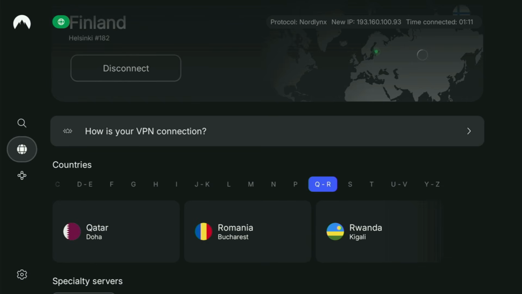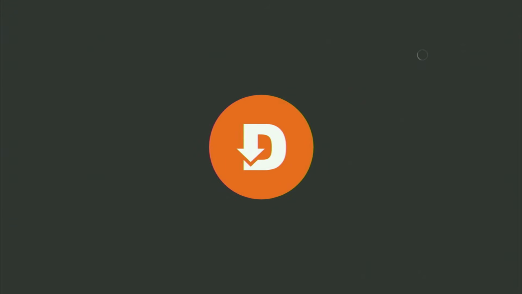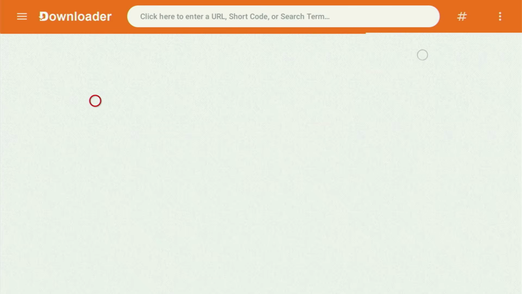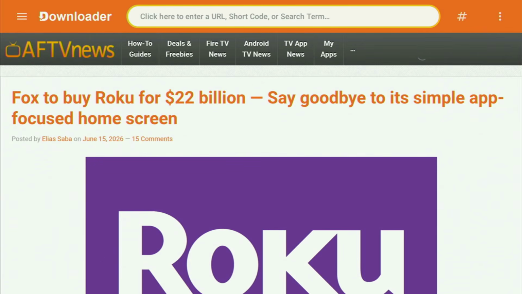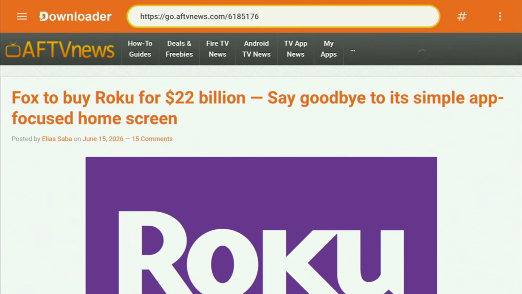And now finally, let's use Downloader safely. So we go back to a list of apps on Fire Stick, and then finally locate Downloader, and let's use this application. So you open the app. Now the next step is here at the top. There's a search bar. Open it up, and now it's time to enter the code. So the code is going to be 6185176. So again, it's 6185176. That's the code you will need to enter. Then click on Go, and while it is loading,